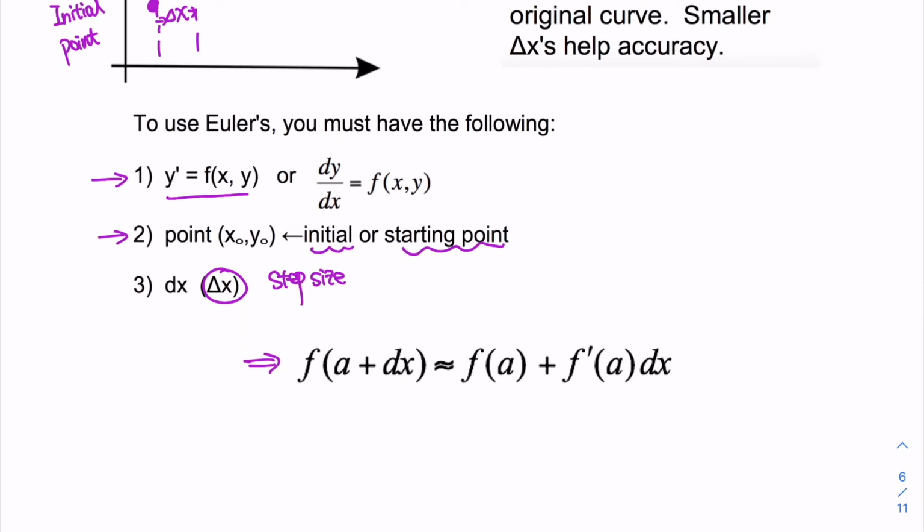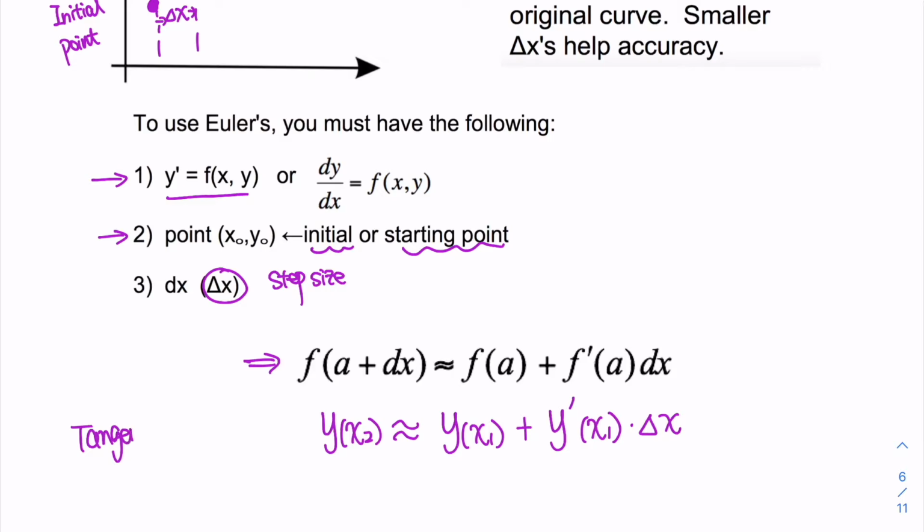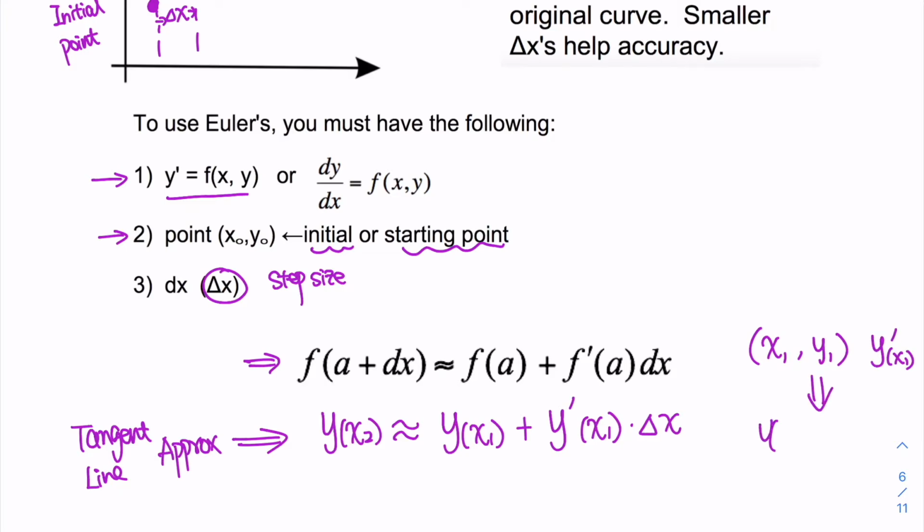To make it easier to understand, y(x2) is approximately y(x1) plus the derivative at x1 times delta x. This is the same thing as the tangent line approximation. Given x1, y1, we use the slope at x1